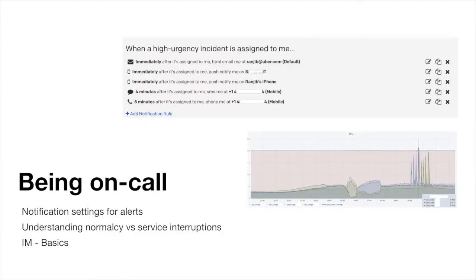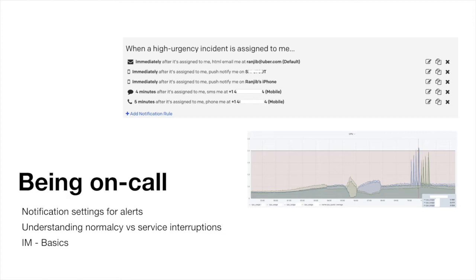We'll start off with the being on call process. This is probably the most important part. There are quite a few things this process covers. It covers things as basic and elementary as when an engineer is onboarded, and as I said, most of the time incidents are discovered via alert. It is very important for quick remediation of those incidents that the on-call person gets a notification early on and not with a lot of delay, because that overall dictates our turnaround time.